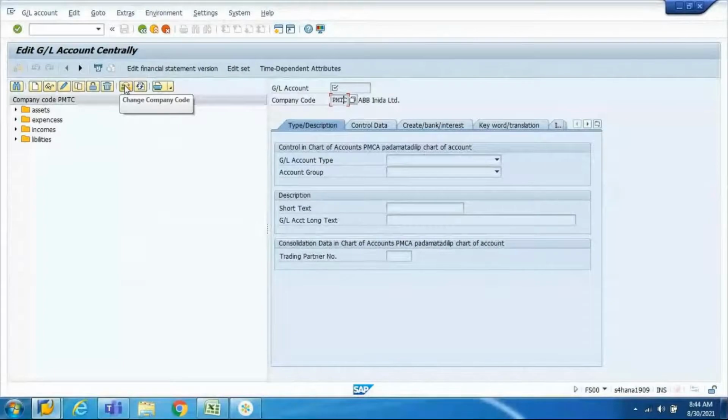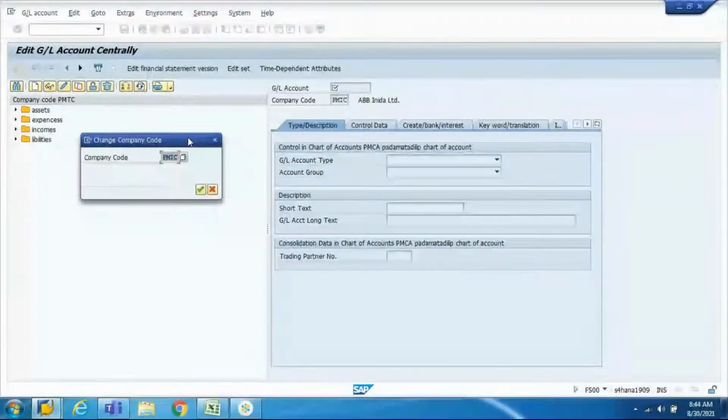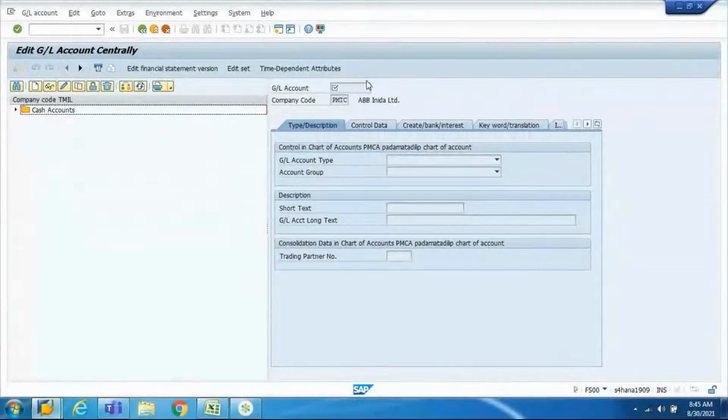If you click on this change company code, you will get a pop-up asking you to input the company code. Now this one is editable. I will delete this and insert my company code TMIL. Then I'll say OK. When you say OK, this company code will reflect here. Now if you see, it has become TMIL.